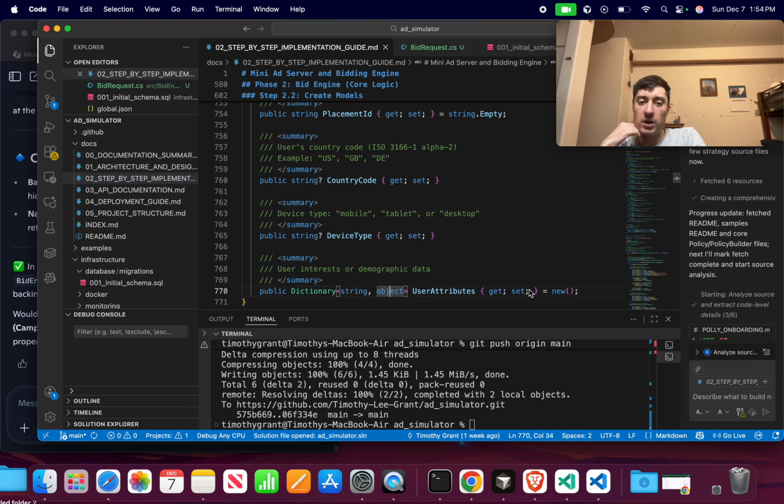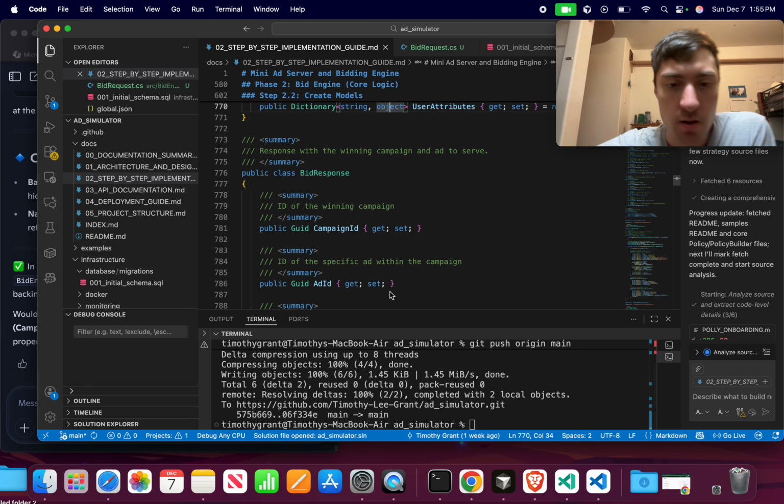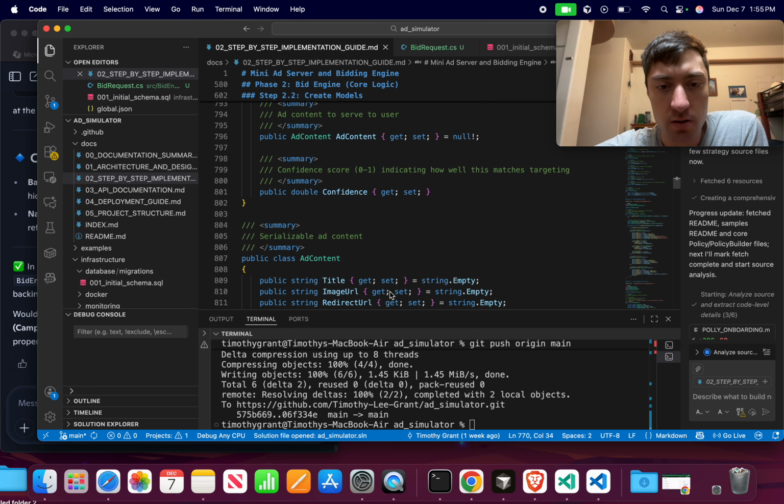I'm going to be requesting from a specific device type, and I am going to have attributes. This might be my name, and the object is going to be maybe all of my previous history or something, so that they can determine which ad to give. Oh, I kind of see what's happening here. Okay, that makes sense. And then bid response,